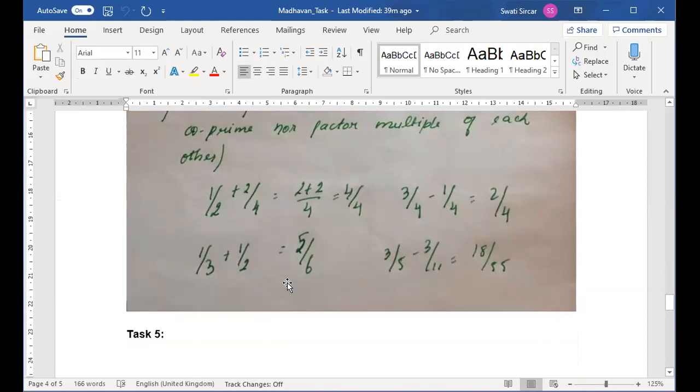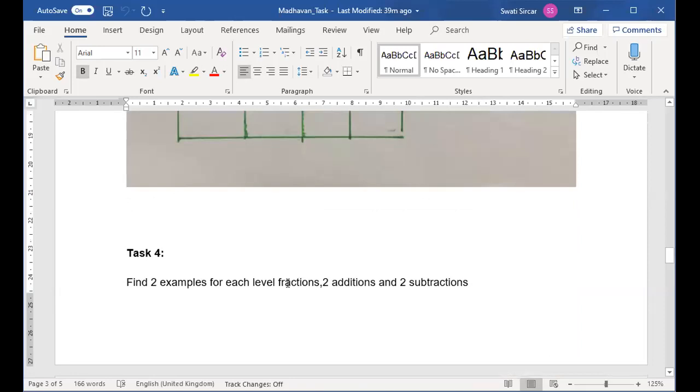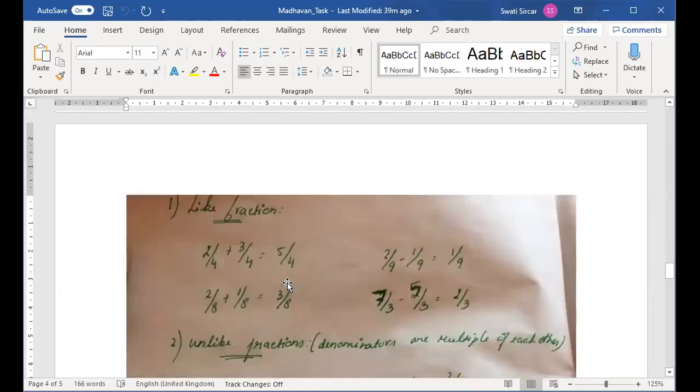Okay, but see how here, Madhavan has taken pictures and just put them in the Word file. That really helps. So that would be appreciated. Okay, so that was task 4. So go through what you have submitted, and there may be a little bit of error here and there, so just fix them.